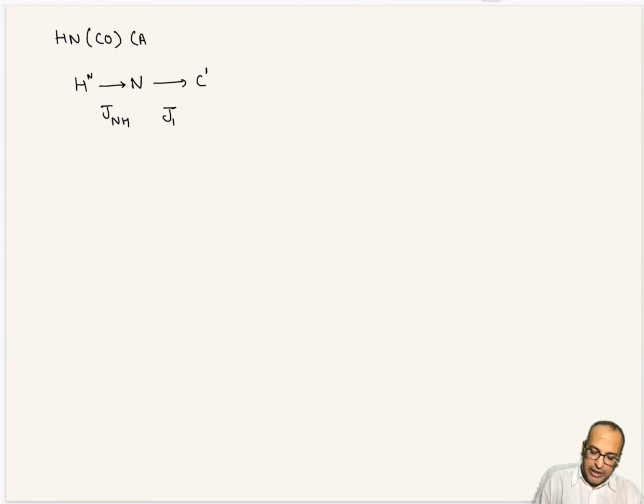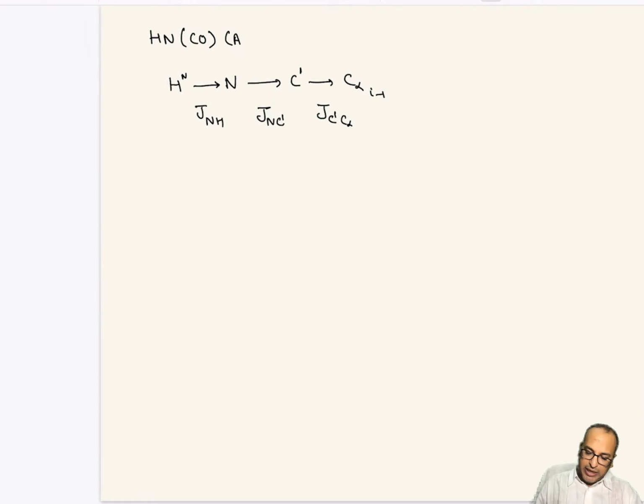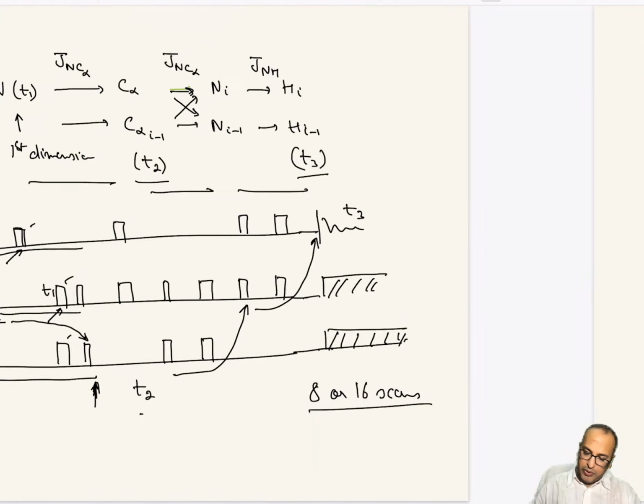So I'm using NC prime, and because I'm taking it to NC prime and then to C alpha, so I'm using C prime C alpha, I am only going to I minus 1 residue, and there is no C alpha I transfer. Okay, so why is that? Because if you notice over here,